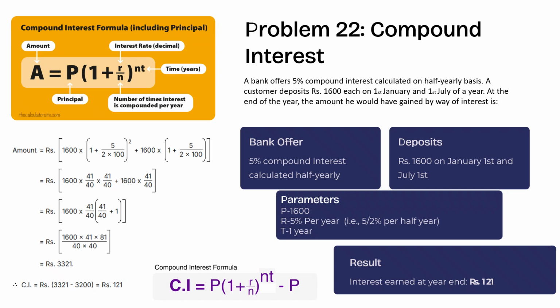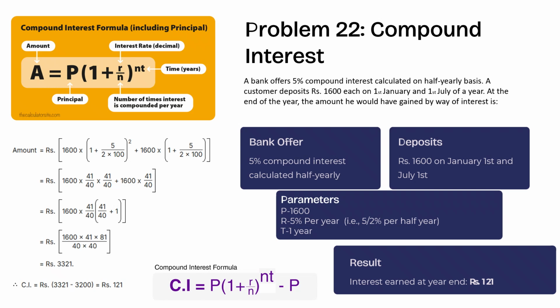If we need to find the compound interest value, we simply look at this formula: compound interest is the amount A, where A is principal times 1 plus r by n to the power nt. So the A value is 3321. We subtract P, the initial principal. The initial principal is